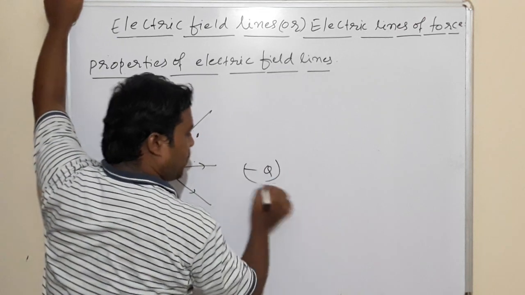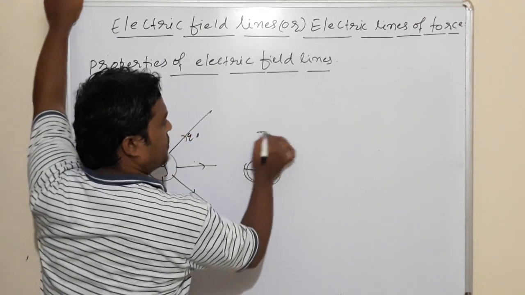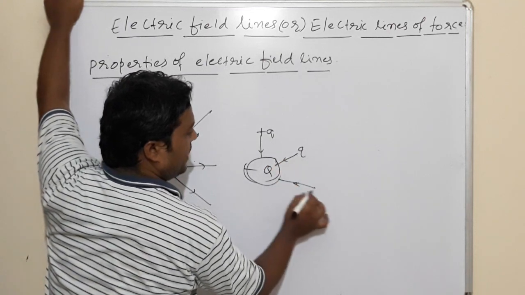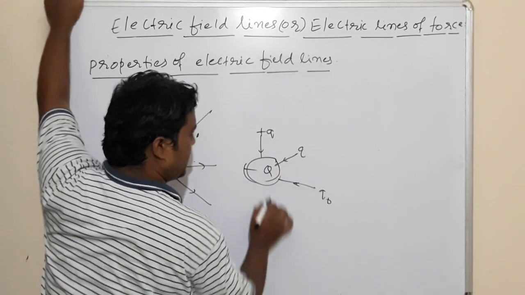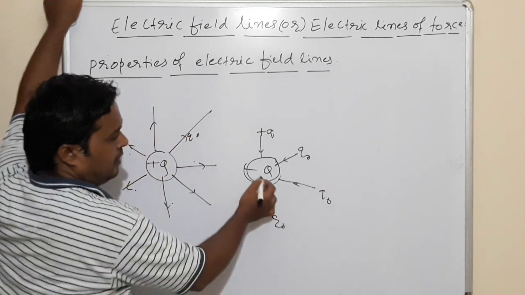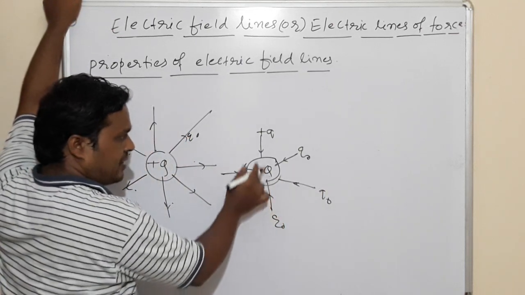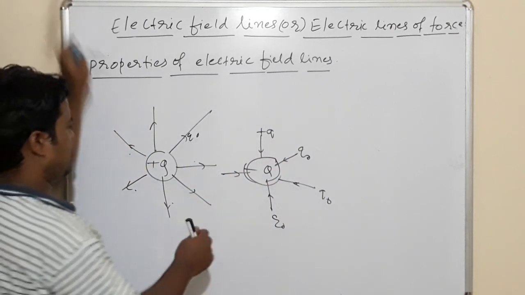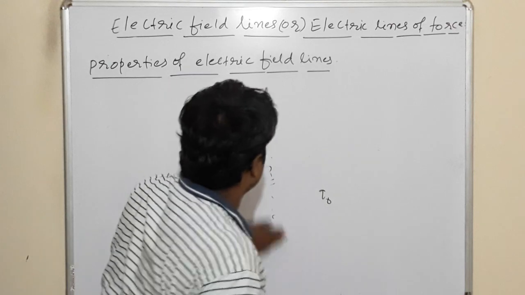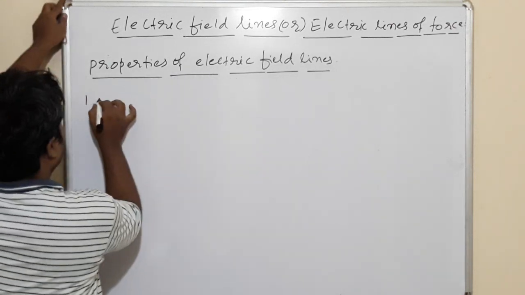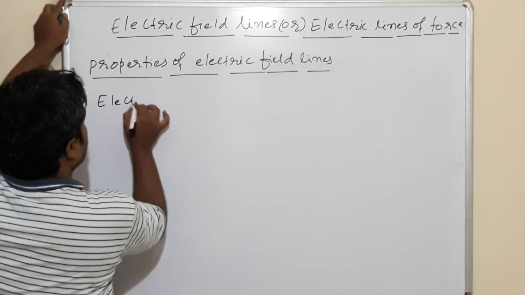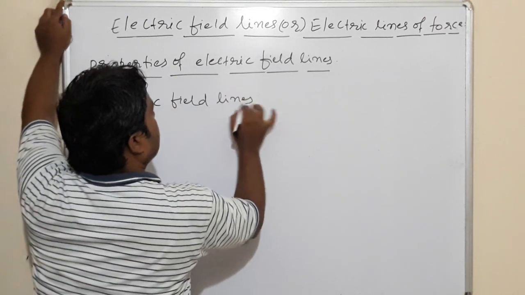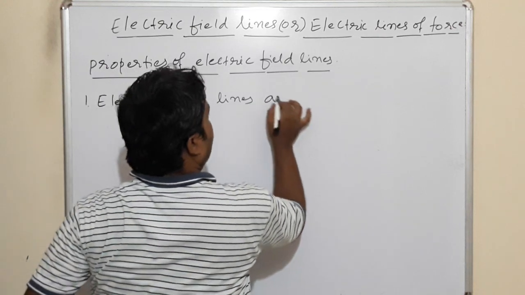If it is negative, then if you keep the test positive charge here, it will move along this path. If it is kept here along this path, that means if it is a negative charge, electric field lines will be directed towards the charge. This is the first property. What is that property? Electric field lines are directed